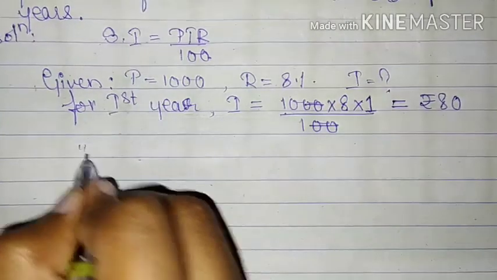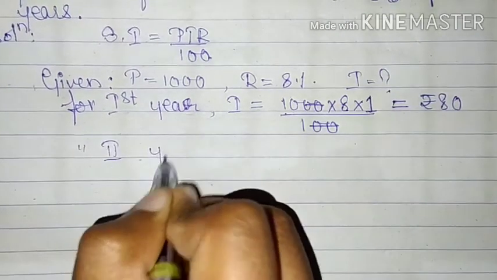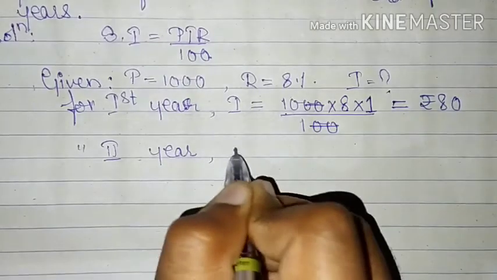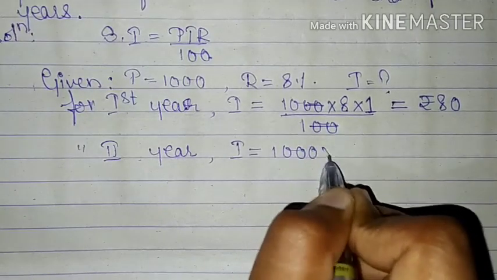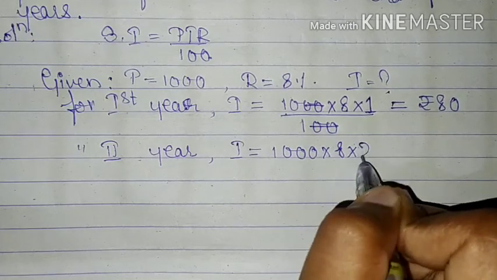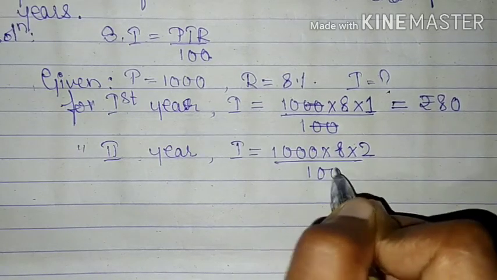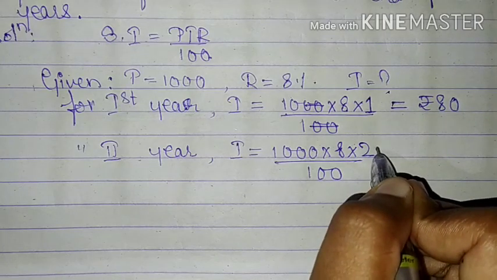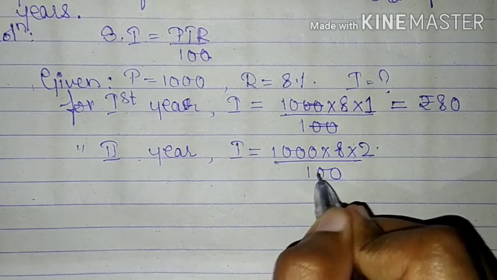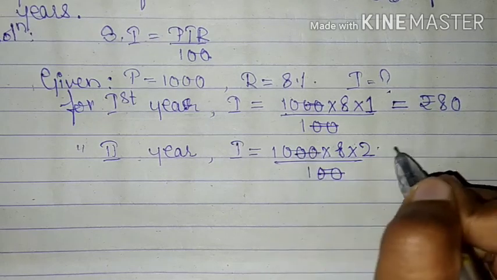So for second year, I is equal to 1000 into 8 into 2 by 100. Why 2? Because it is the end of second year. 2 years have passed now. 0, 0 cancels out and what we have is rupees